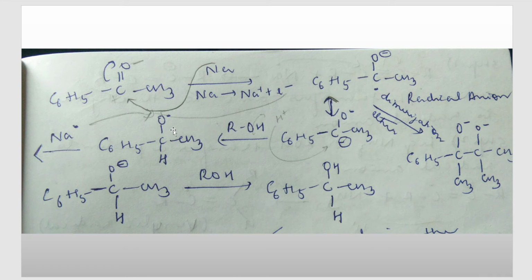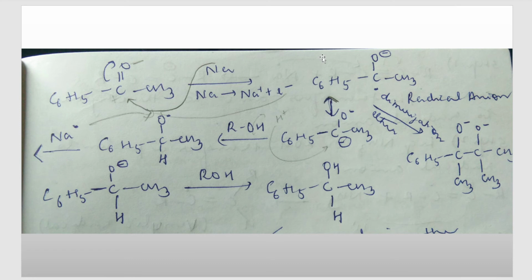This reaction can still continue. There is sufficient sodium in the reaction medium, correct? We are not taking only one sodium ion. So one more sodium ion will give another electron here. One more electron is given by the second sodium ion to the oxygen atom. Oxygen atom had already one electron, one more is given, so now it will get a negative charge on itself. Once again, from the protic solvent H plus ion is given, and one more H plus will go and accumulate on oxygen this time, because oxygen has a minus charge, and finally we'll get our alcohol molecule. So this is the reaction mechanism.